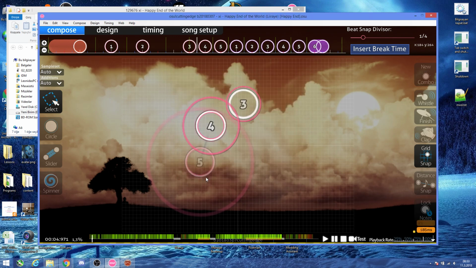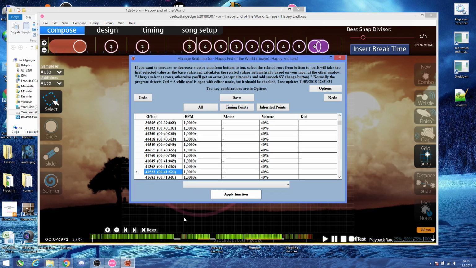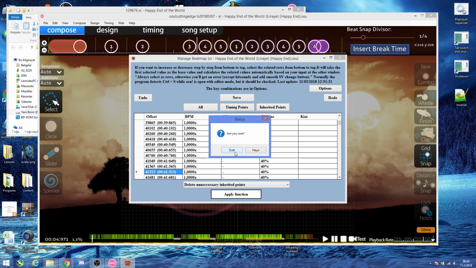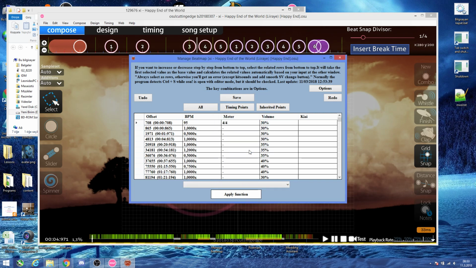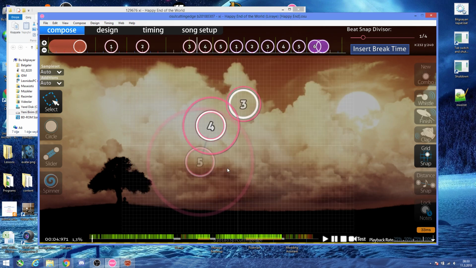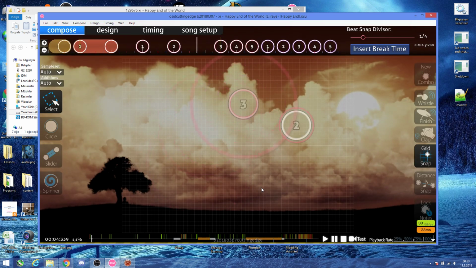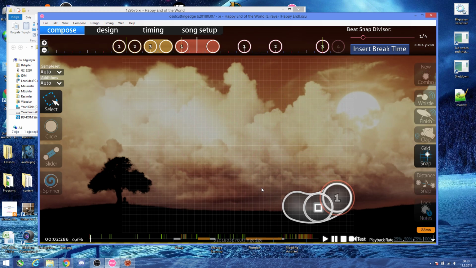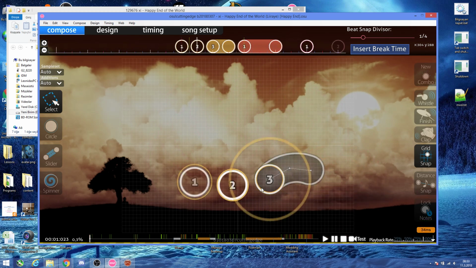So okay, I'm gonna run the other function now. Let's say you have finished your hitsounding and everything is done. So after that, just run this function, and then click apply. Then it says process complete, and as you can see, it deleted most of them. Sorry, I'm gonna refresh it, and as you can see, it only kept the first one